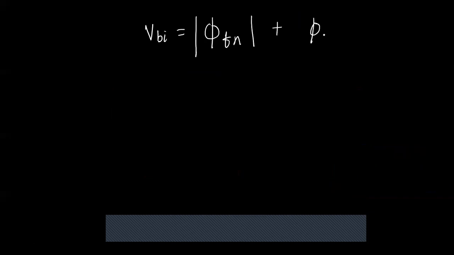Irrespective of the potential, lower or higher, we need to consider the magnitude, so I just put the modulus of this. Now for the N region, the electron concentration in the conduction band, we have already determined in one of the videos. The formula says n0, the electron concentration in the conduction band for the N region, is given by